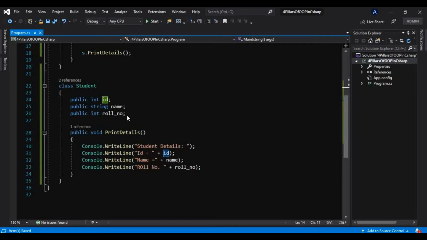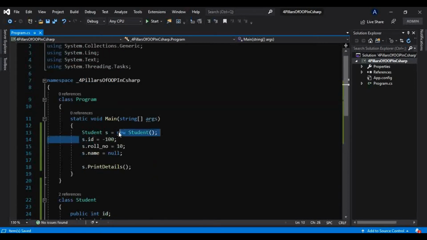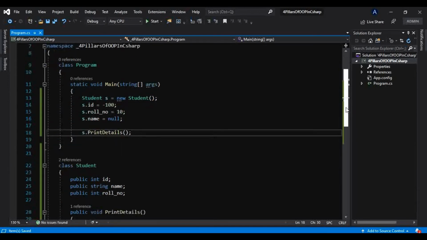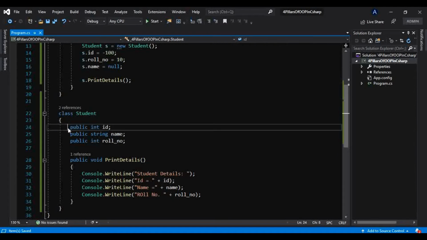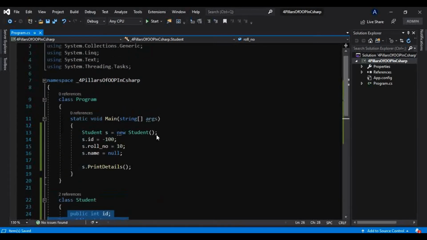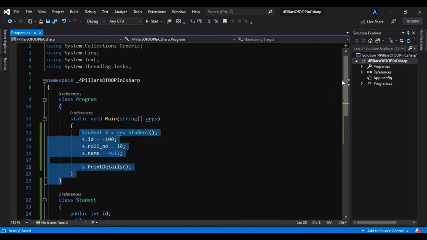By using properties we can validate this. Properties are public, and they encapsulate these private fields, and that's how we expose those private fields to the user using public properties. So let's see how.